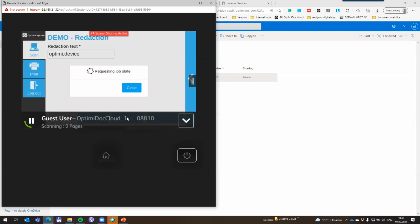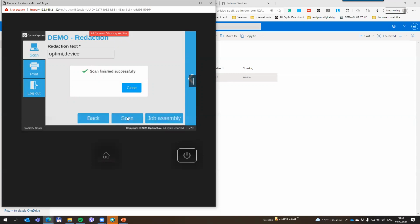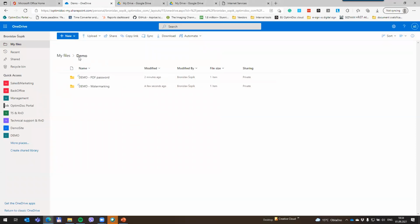In this example, I have pre-configured the regular expression for the email addresses, and I have a text redaction based on this parameter, and the last part is the redaction by the zone. So I can define the exact location which I want to redact. Redact means not just removing an image, but also removing the text. Whatever is redacted, you are not able to search this information, you are not able to copy the information or do anything else. So let's have a look. It's not here right now, but hopefully in a couple of seconds, you will be able to see it. Yes, it's right here. So when I take this document, open it,